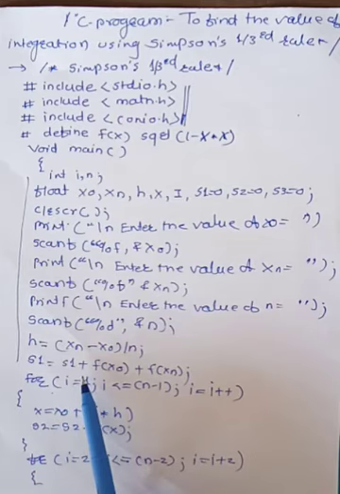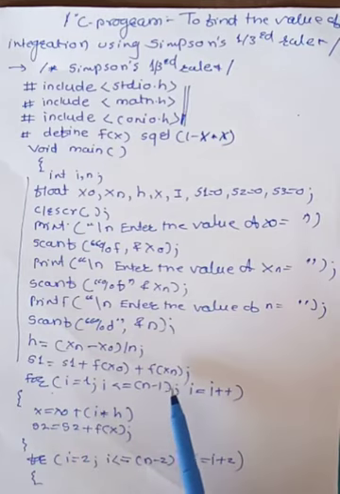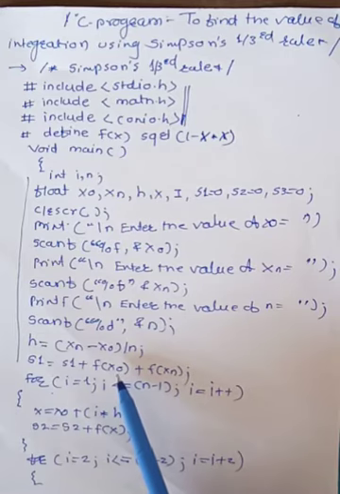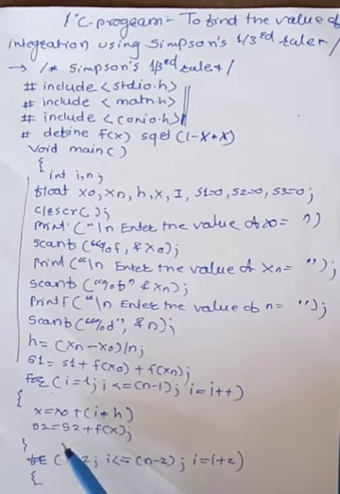Next is sum 1 is equal to sum 1 plus f of x0, f of xn. That is the function with higher and lower limit can be added and assigned to the same one. Now the condition is checked for I is equal to 0. If the value of I is less than n minus 1, the I is incremented by 1. x is equal to x0 plus I into h. The value of x is calculated here. Now s2 can be calculated by using this value, that is the function f(x) will be calculated with this value and added to and assigned to s2.